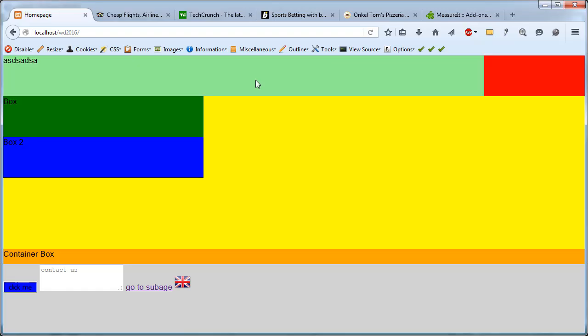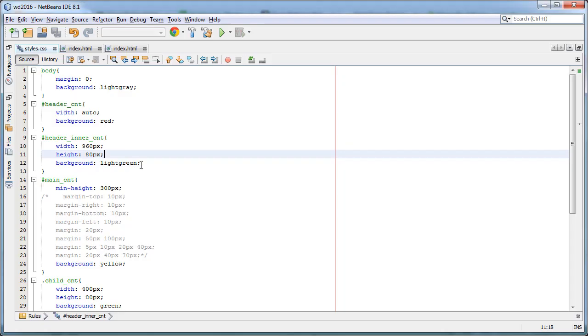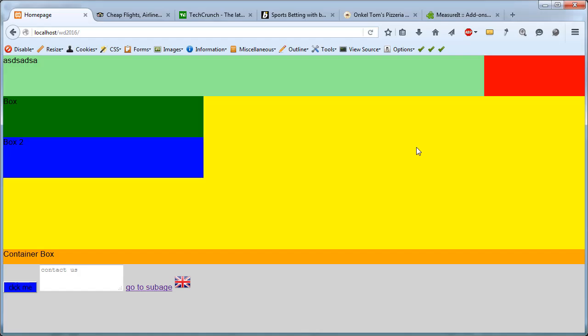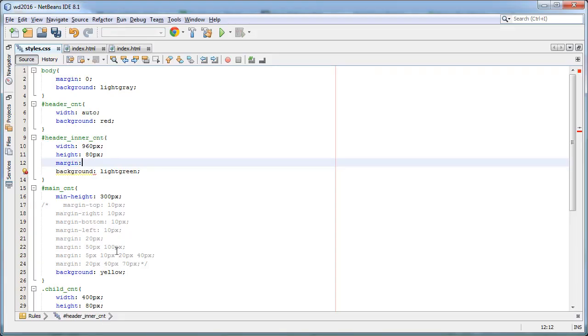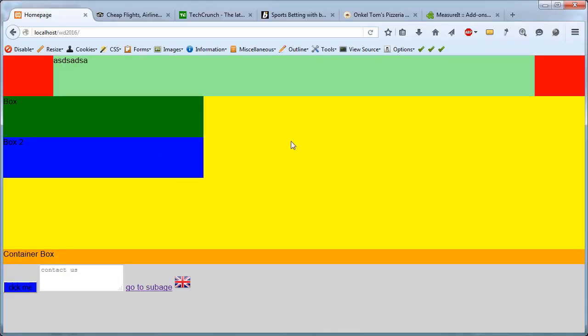And now we want that box in the center. So the browser shall take this remaining space here, divide it by 2, half of it shall be on that side, the other half on that side, ultimately causing our green box to be centered. And we are using the margin, and on the left and on the right we want the auto value to be used. Do it automatically. And on top and bottom, we don't want anything. Therefore, we are using the shortcut with 2 values, because here top and bottom are represented in the first value and left and right in the second. And now top and bottom we want 0, and left and right we want the auto value, telling the browser to do things automatically, and then causing